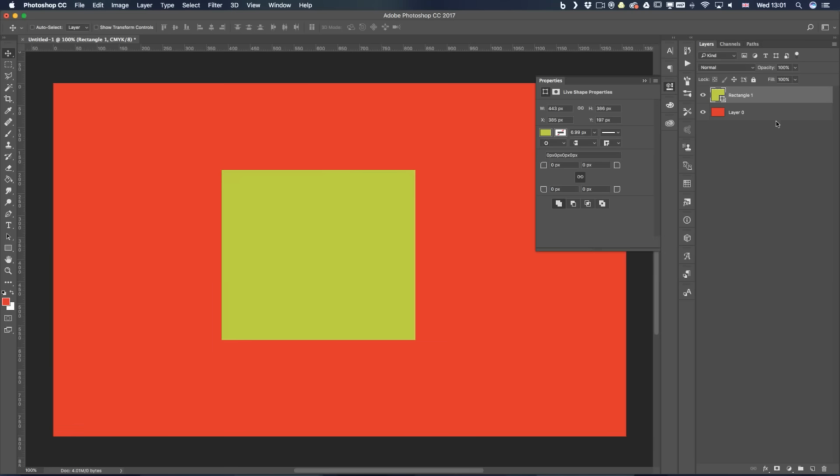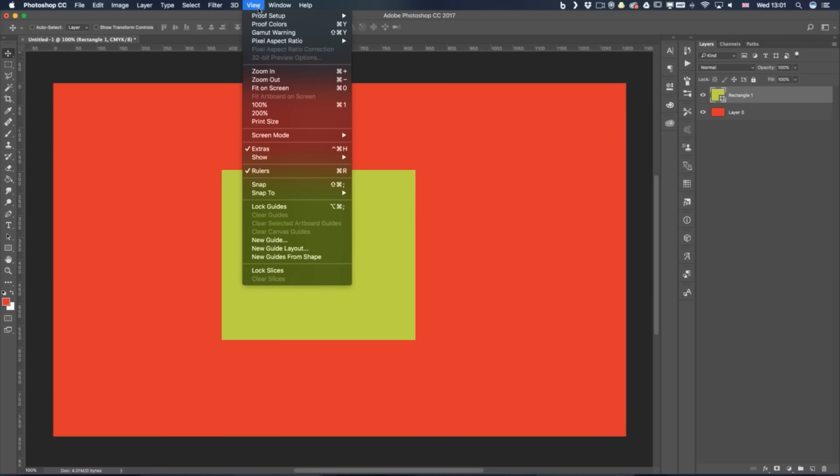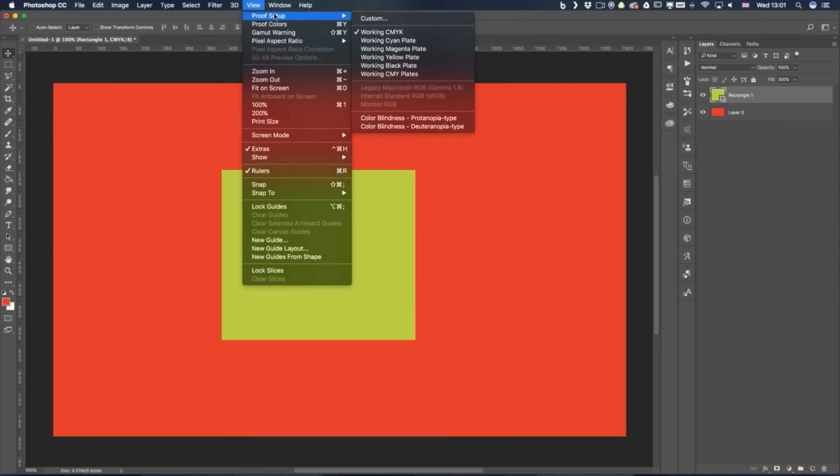So you have your two colors, and then if you want to check how this would work for color blindness, all you have to do, and this is, by the way, in Photoshop, you go to the view menu, and then you can go into the proof setup,